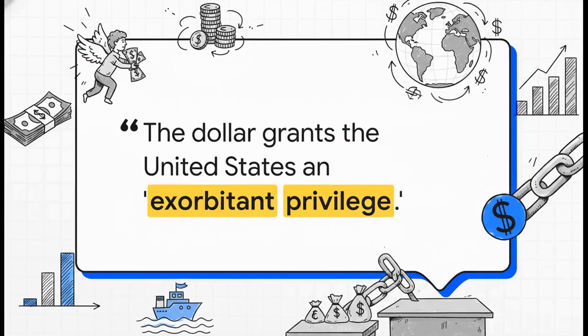When you put all this together, you get what a French finance minister once famously called an exorbitant privilege. It's a great phrase, but what's it mean in practice? Well, it means the US can essentially buy more from the world than it sells, and then pay for it just by creating more dollars, money that the rest of the world is happy to take and hold. For any other country on Earth, that would be a recipe for total economic collapse. For the US, it's just business as usual.